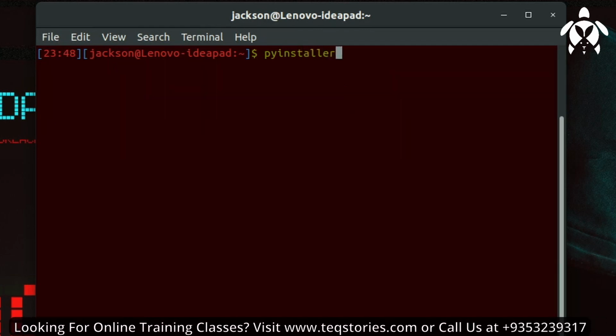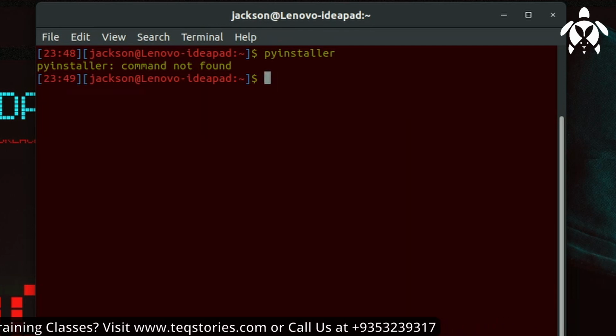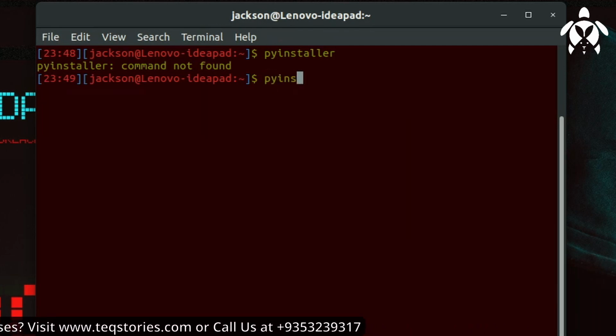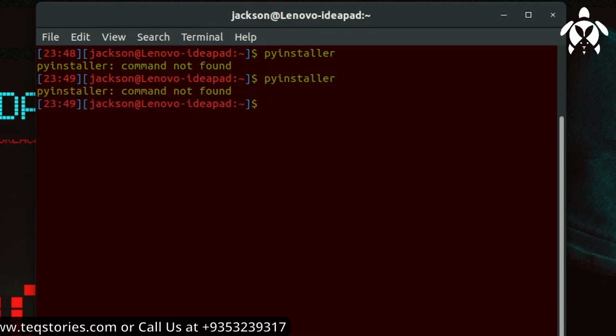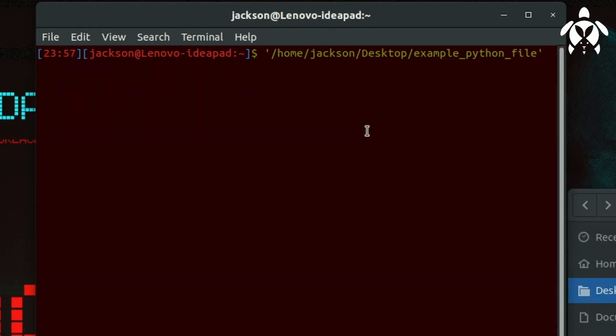Yeah, and we have successfully installed the software, and now we'll be opening our command prompt and typing PyInstaller. Since this is Linux, I'll give Python 3 -m PyInstaller. Since we have successfully created the calculator software,